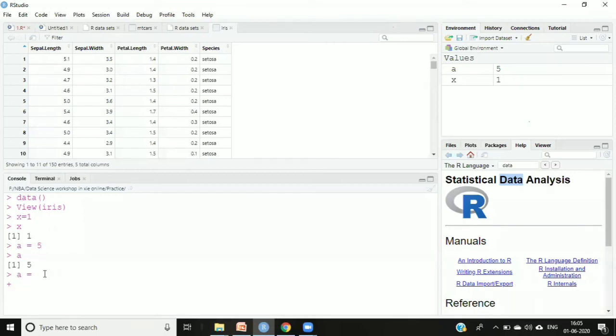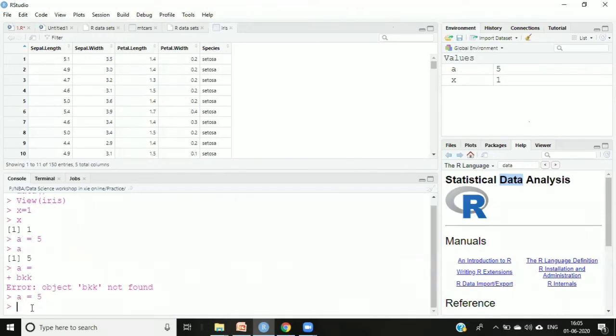So if a command is left half-finished, you will get this kind of plus sign. Then you simply type anything and it will ignore that and terminate. So if you are on the mobile phone, just give one space and then say enter. Then you will see the proper thing.